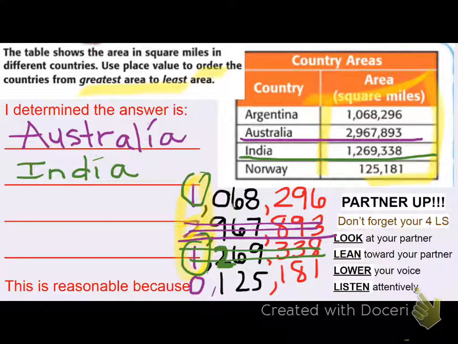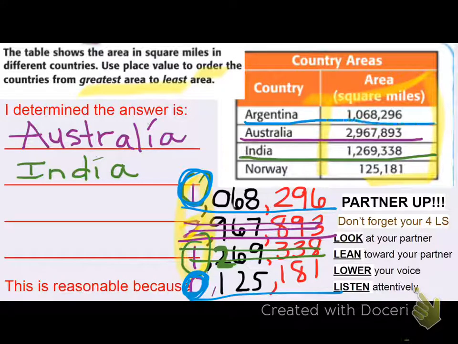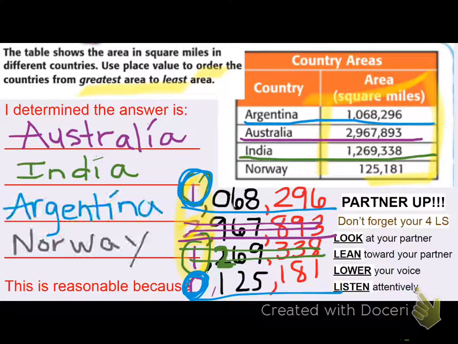So I'm looking for the next greatest value. I have Argentina left, and then I also have Norway. Well, I can clearly see that 1 million is greater than 0 million. So Argentina has the third largest area when you think about square miles. I can go ahead and write that on my chart. And once I've written Argentina, it really only leaves the last country, which is Norway, as the smallest value, the